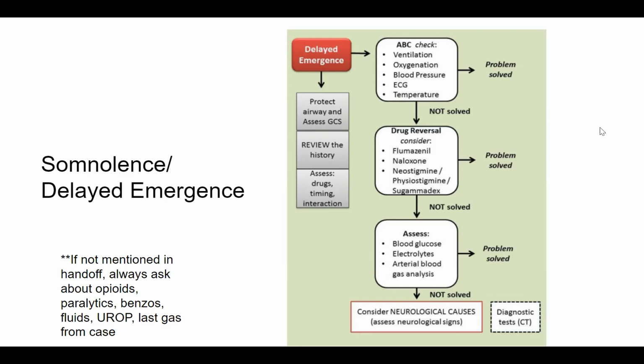And then consider neurologic causes, right? We had this exact situation yesterday. Someone was not moving their right side of their body after the OR. We had worked through these things. We had sent labs, a gas, and their glucose was normal. They hadn't had an excessive amount of opioids. They'd been reversed appropriately. So we called the stroke code and went to the CT scanner. There are lots of things to think about in this scenario, and you guys are the people who recognize it, being the first line there.